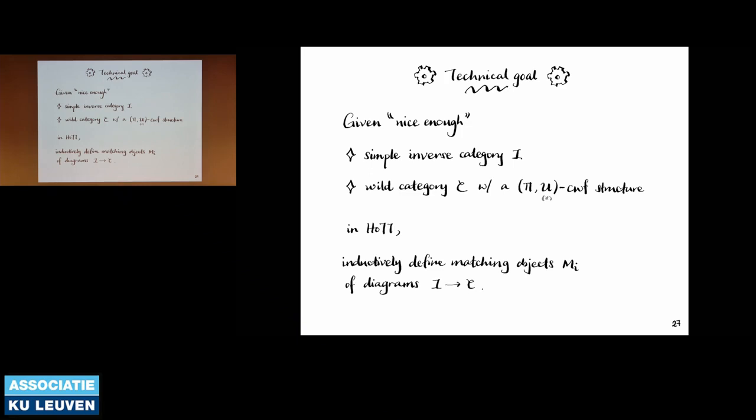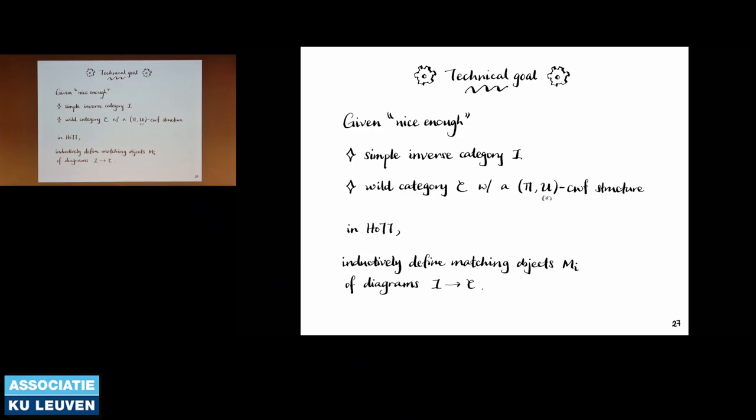So technically, what is it that we do? We want to construct inverse diagrams. Well, we want to construct these things, inverse diagram functors from an inverse category to some wild category C. And we place a bunch of restrictions under which we work. So we want to take simple inverse categories I, and we want to construct functors into wild category C, where for technical reasons, let's say,